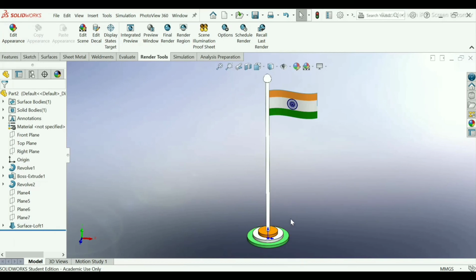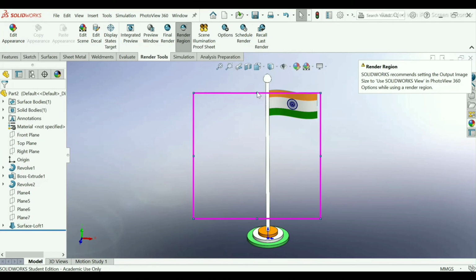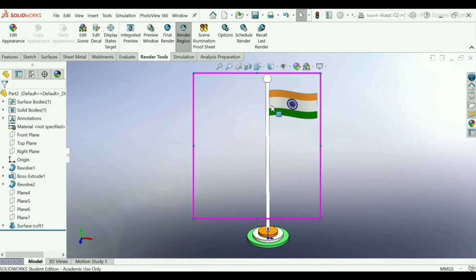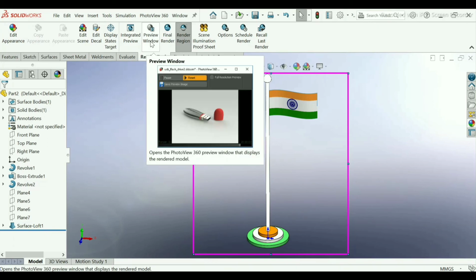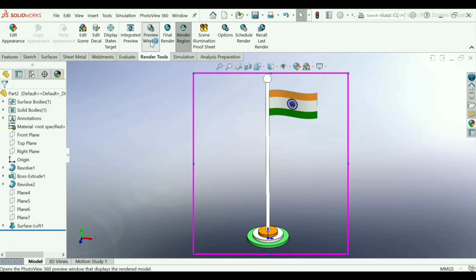Now it looks nice. I will select render region. It selects only the region that we have chosen. Now in this I will go to preview window. It will take some time to preview it.